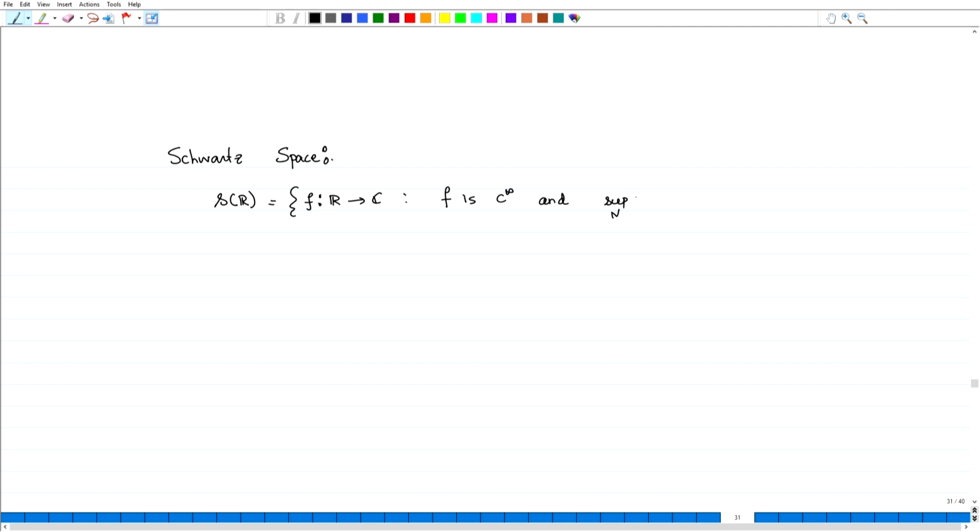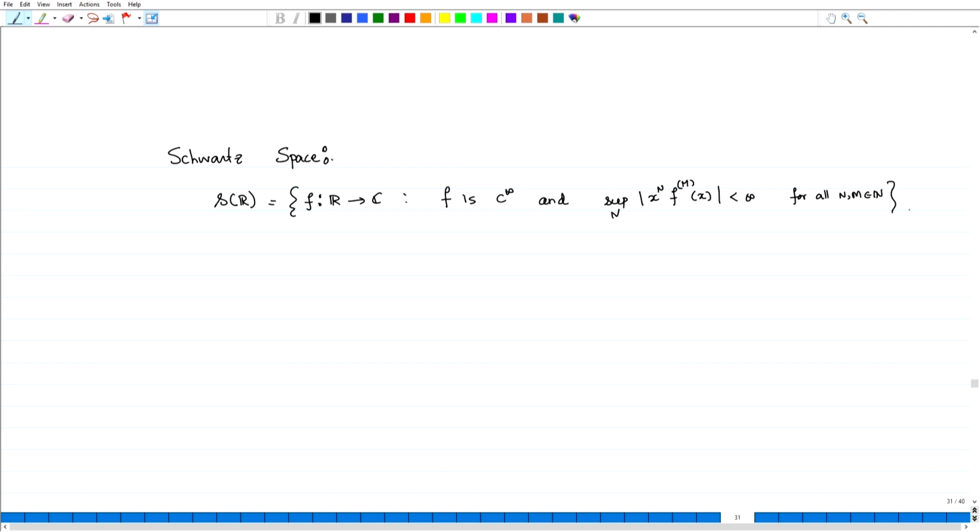supremum over x of |x|^n times the m-th derivative of f is finite for all n, m belonging to N. That means not only f has very good decay, all its derivatives are going to have very good decay, rapid decay at infinity. So, this is called the Schwartz space. And an example: